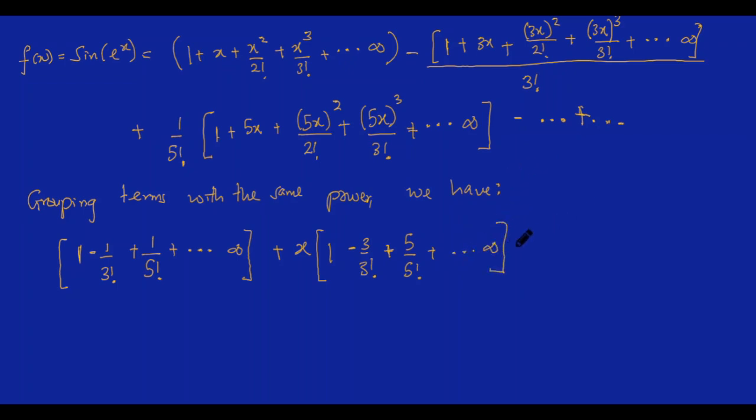We also consider for x squared, we have plus x squared divided by 2 factorial into brackets